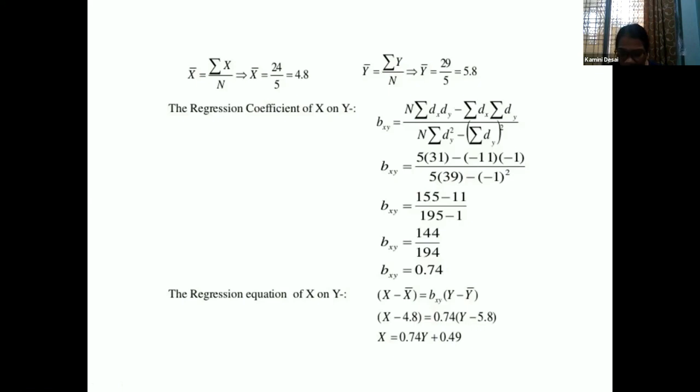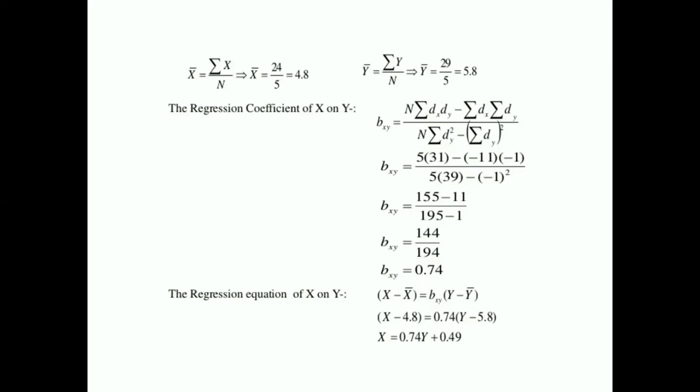Just consider that we have to find out a regression. So find out that there are two methods: the least squares method and the mean deviation method. In the mean deviation method, what we have to do is use this formula, because here we are assuming the mean. We are not directly calculating. Before that, we took the particular x and y, took the mean of x and y, and substituted that value in the equation.